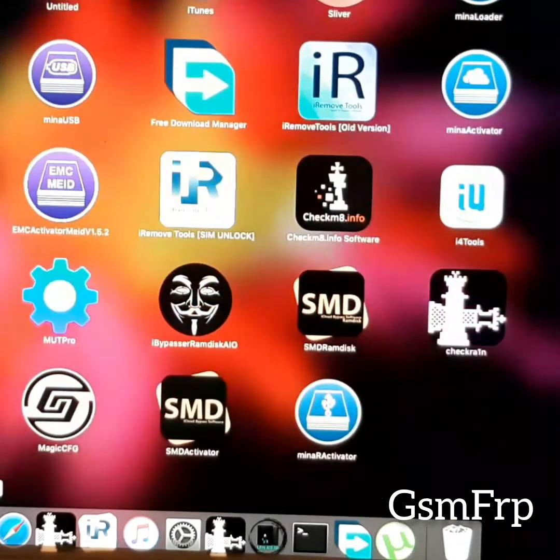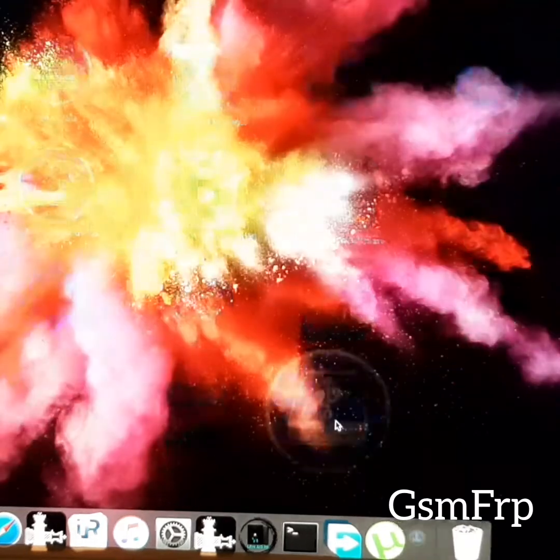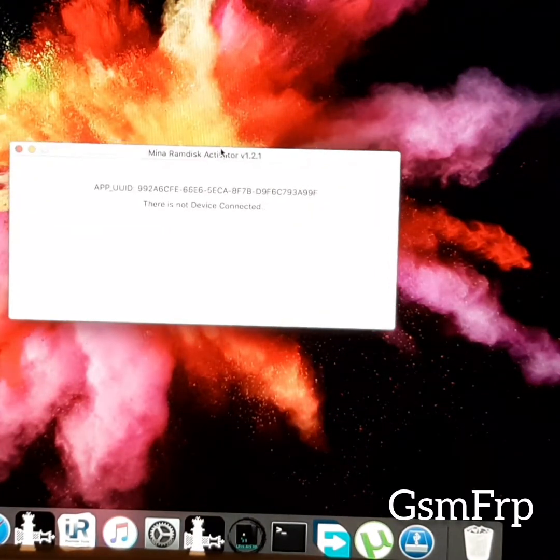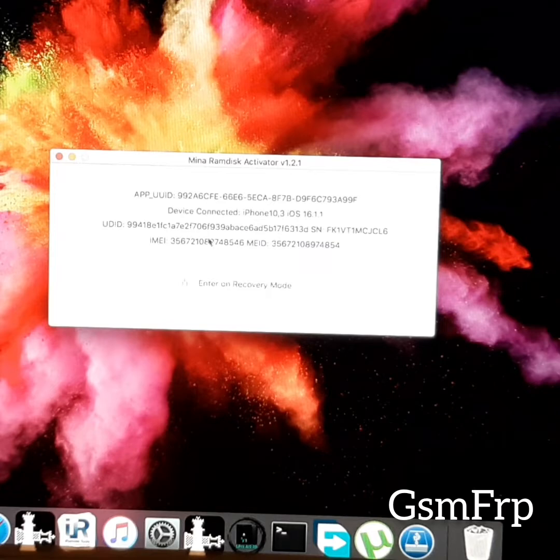And now you have to open the main tool. The main tool is the Mina activator Ramdisk. Here you can see the iPhone is connected, the iOS version, the UID, SN number, IMEI number, and MAID number. All you have to do is, at registration, you need to put in the SN, this serial number you have. I will show you the website in the description box where you can register the Mina Ramdisk activator tool